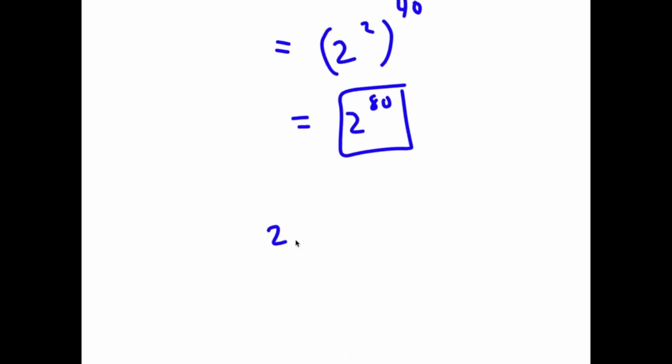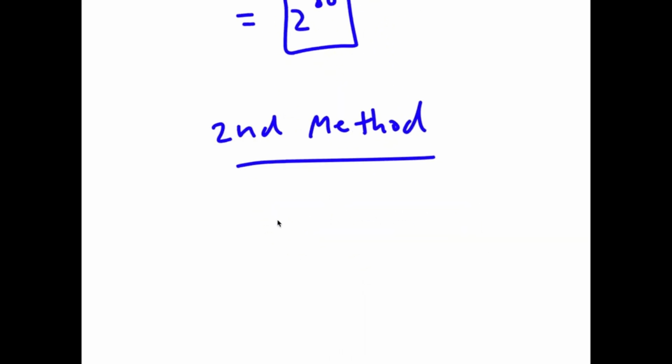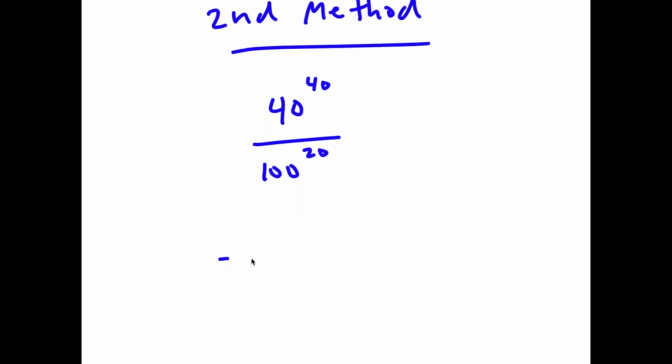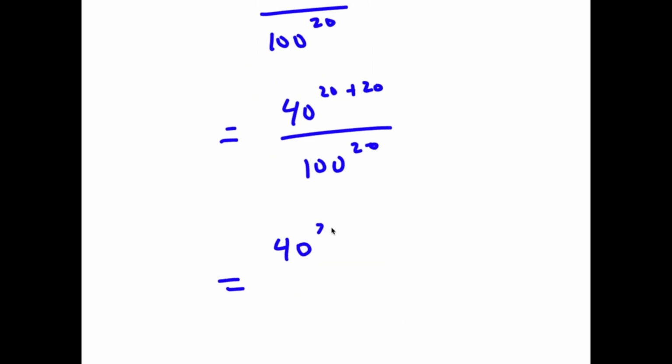Now I actually have a second method of solving this problem. So again, I first start with 40 to the power of 40 over 100 to the power of 20. Now this time, I'm going to rewrite 40 to the power of 40 as 40 to the power of 20 plus 20. Now I have this over 100 to the power of 20. And now this is the same thing as 40 to the power of 20 times 40 to the power of 20 over 100 to the power of 20,